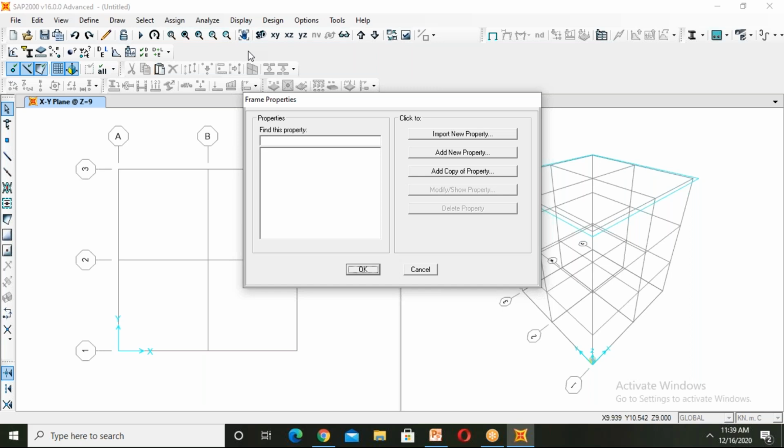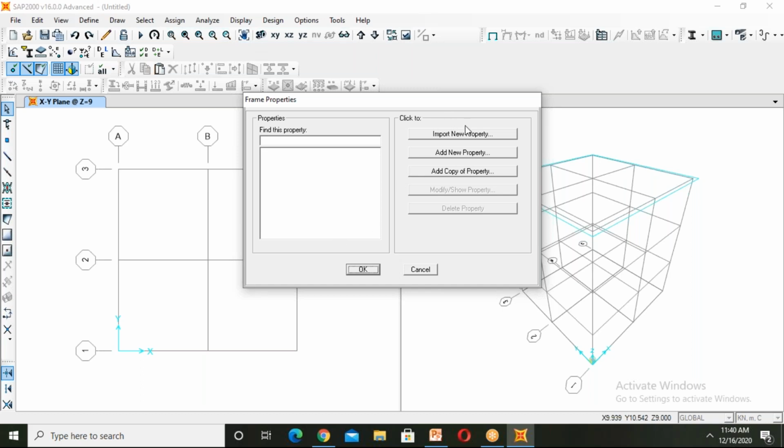If we are doing it for an existing building, then we have to take that plan. For that plan, the width and depth of the columns and beams should be known firstly. The reinforcement provided in the columns and beams should also be known if we are doing pushover analysis for the existing building. So for that we should use the section designer. Now I am explaining for a new building. I'm not explaining for existing buildings. After explaining this, I will explain for existing buildings. So this is for a new building.